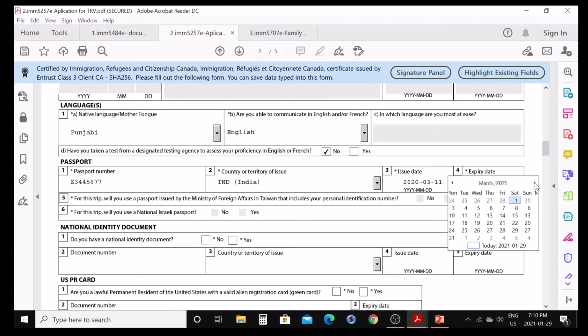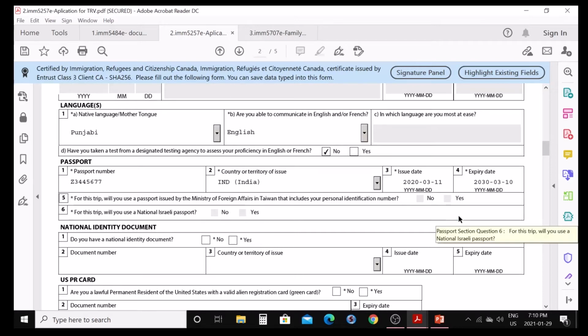Whatever the expiry date on your passport, you're gonna write here. We need to fill out this application very correctly. So I'll go for 10 years because mostly Indian passports are 10 years for adults, so that's why I'm looking for that. So I will say this here.